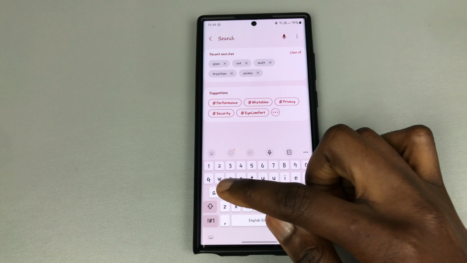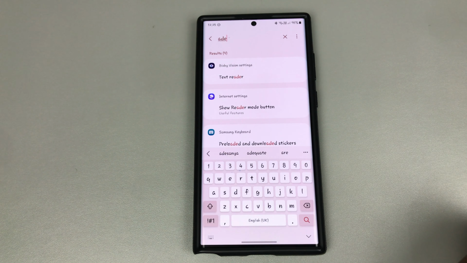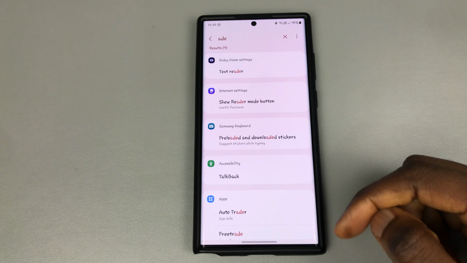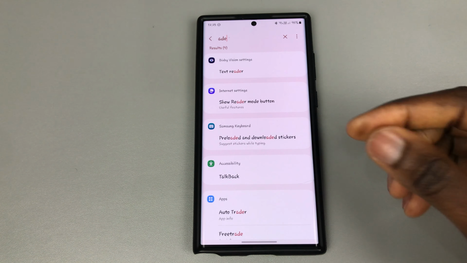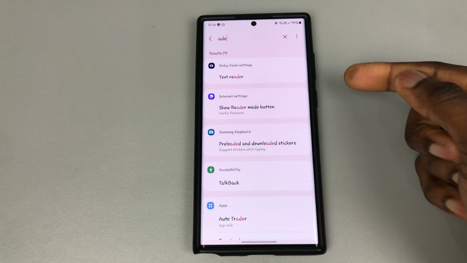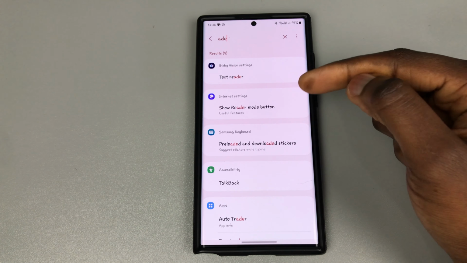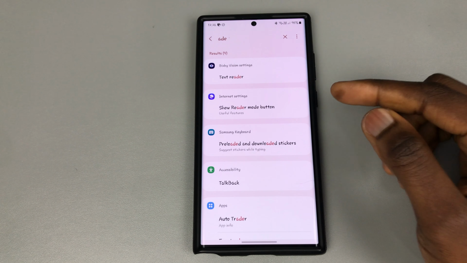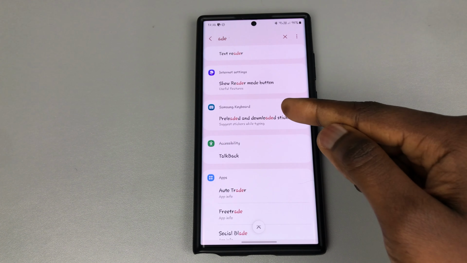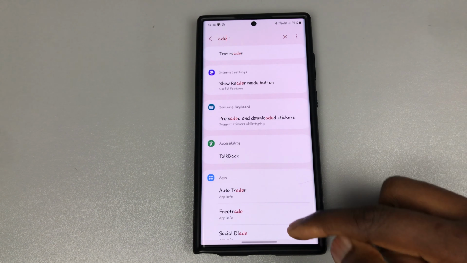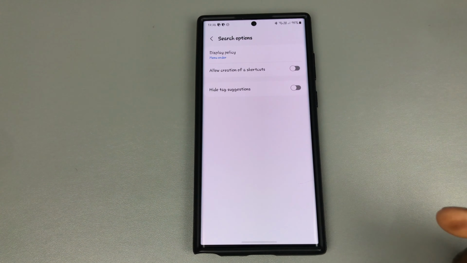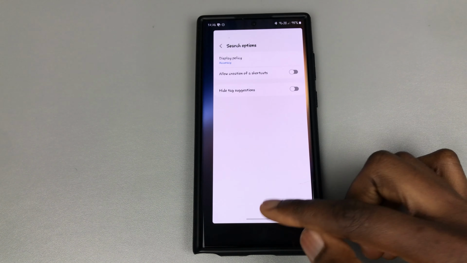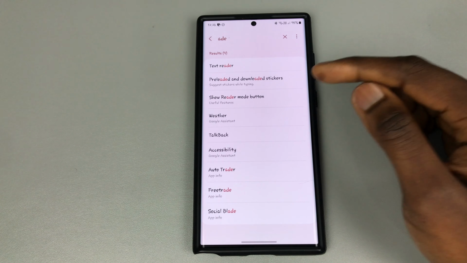If I was to search for ADE, what it does is it shows you everything it thinks might have that ADE. But the good thing it does is it keeps the results targeted to the app's text reader, and you know what the app is for. You know it is for the Bixby Vision settings. And if you go for show reader mode button, you know it affects internet settings, and preload, it affects Samsung keyboard. But if you would like it in a more accurate format, you could change that, and then it looks